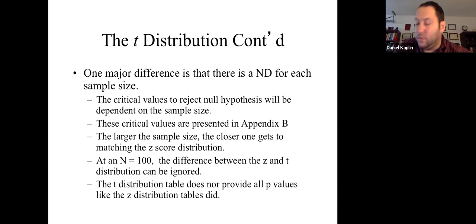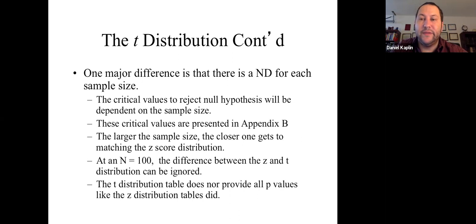Well, the general rule is that we go up, not down. So we would go to the more conservative critical value for 30 degrees of freedom. Now, when you're using SPSS, it actually calculates it more precisely. But using the back of the book in these tables, we have to be conservative so that we don't incorrectly